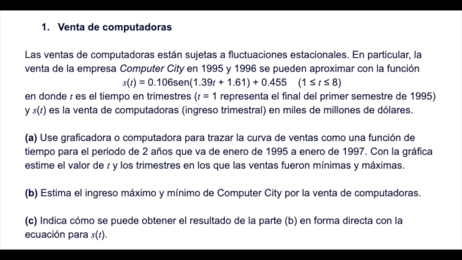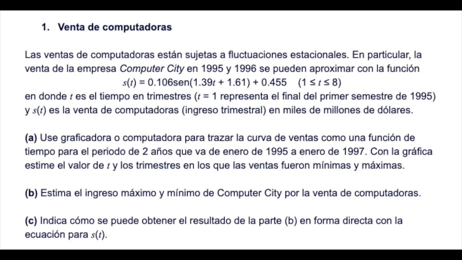Hello everyone, so we have this problem. It talks about Computer City and the sales it had from 1995 to 1996. It's given the function s of t equals 0.106 sine of (1.39t + 1.61) + 0.455, where t is greater than or equal to 1 and less than or equal to 8. Time is measured in trimesters, and 1 equals the end of the first